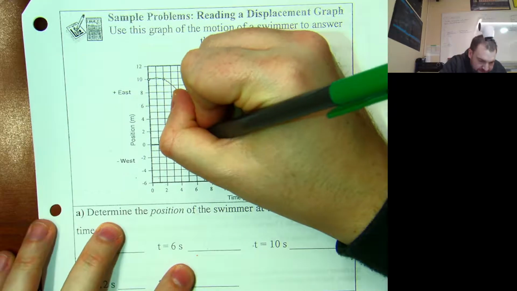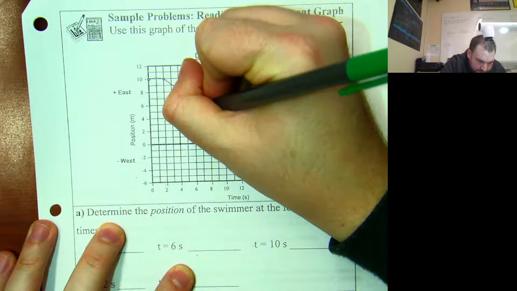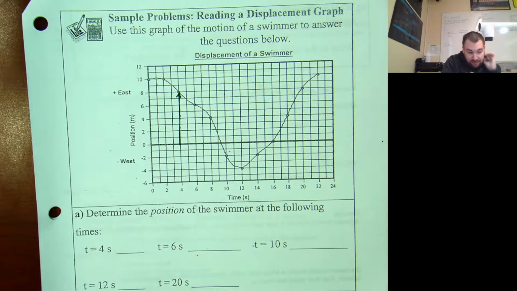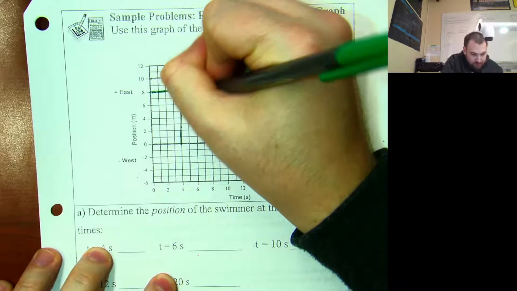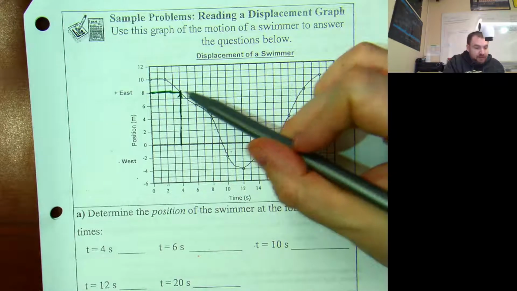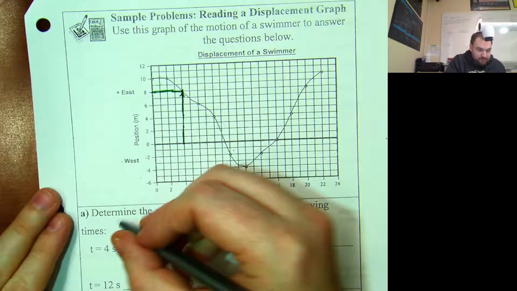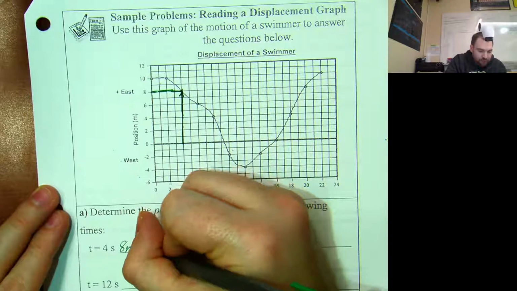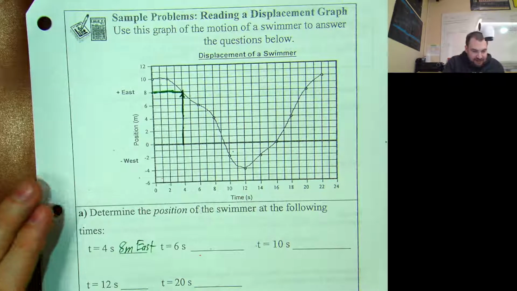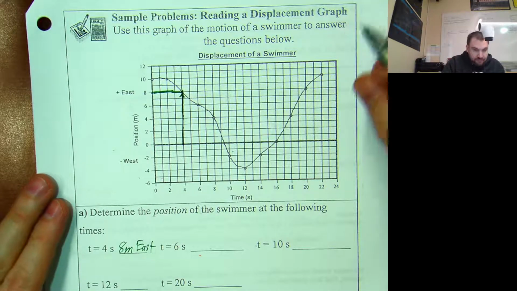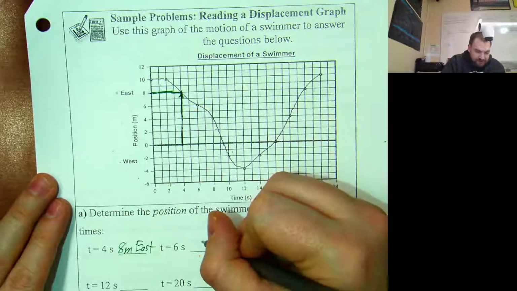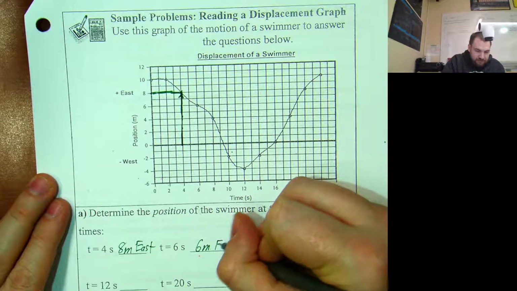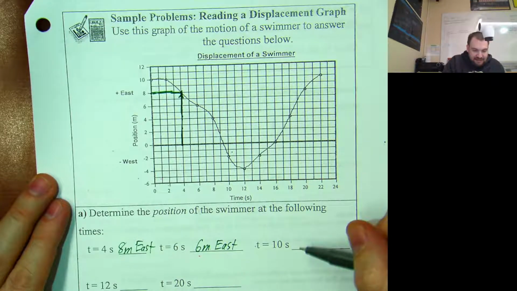Here we are at 4 meters. Looking up there. At 4 seconds, where are we? 8 meters. 8 meters east, cool. At 6 seconds, 6 meters east. Thank you, Tristan. At 10 seconds,